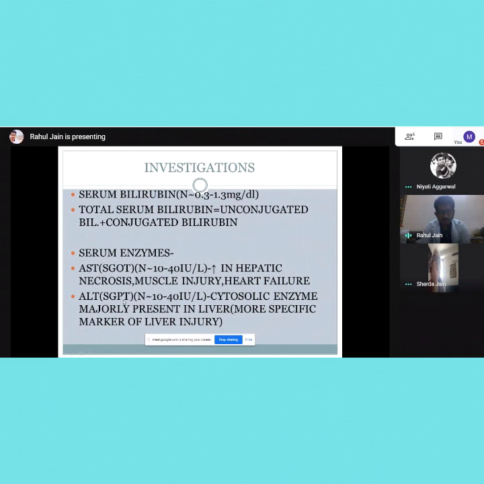So whenever I'm talking about the AST-ALT ratio, if the ratio goes very low, that is below 0.8, then it should give me a hint that it is a case of liver injury specific to liver, because ALT has the letter L in between, so L is specific for liver. So that is one mnemonic cue here. This is a very specific question. You should know the interpretation, that's it.